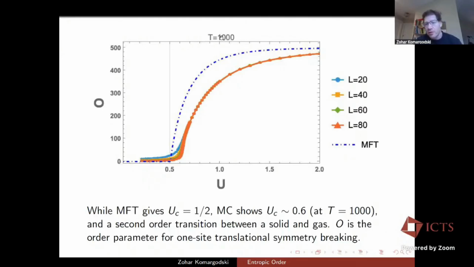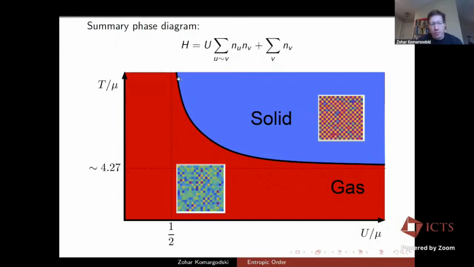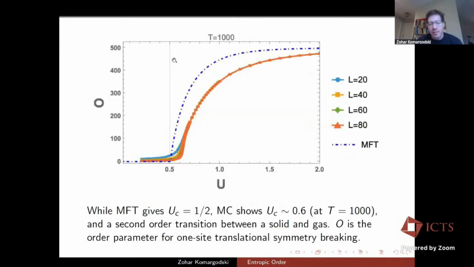It's again at infinite temperature. You see that at a half, mean field theory predicts that order develops. Now in real life, as you vary the system size, you get this kind of graphs. And we think numerically it's going to a half, but as I said, it's an open question. We were not able to prove that it really asymptotes to a half. It seems so numerically.